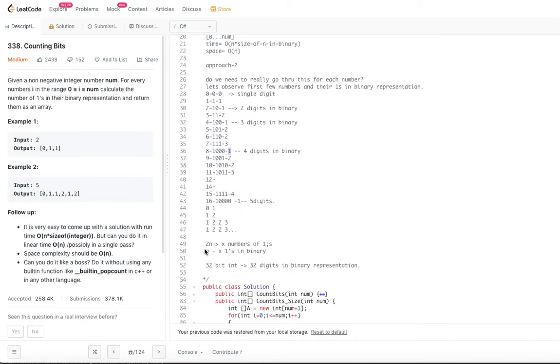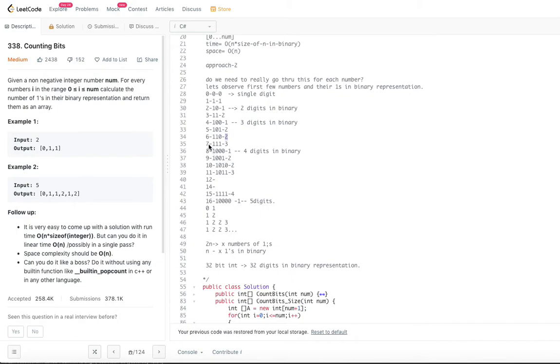So if it is an even number, we can simply take what was there at the n by 2 location. If I am at 8, what was it for 4? We just put whatever it is there for 8 also. The same logic applies for 6 also. 6 by 2 is 3, whatever it is for 3, which is 2, just put into the location of 6 also. That is the logic that we are going to see for even numbers. But what about odd numbers?